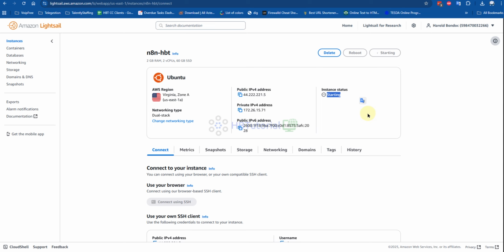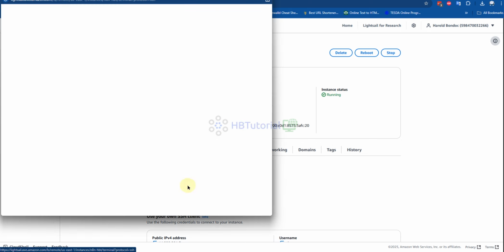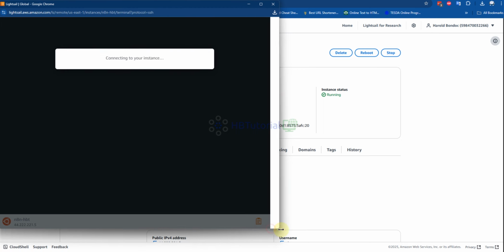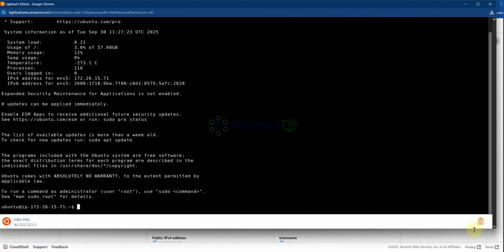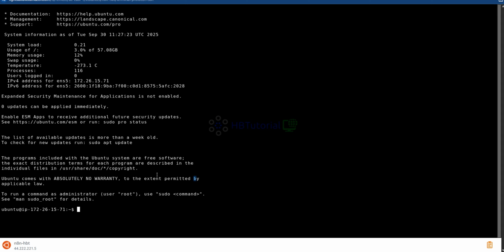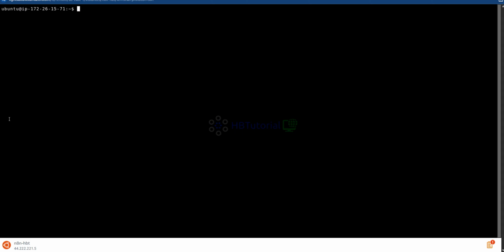While we're waiting for our server, okay, it's running, so we need to wait a few minutes so we can check. Yeah, it's already done. As you can see, we have here our Ubuntu server 24.04. Gonna clear this one.